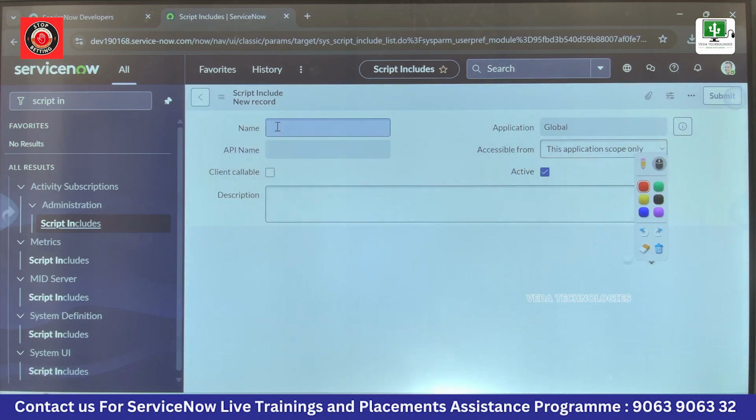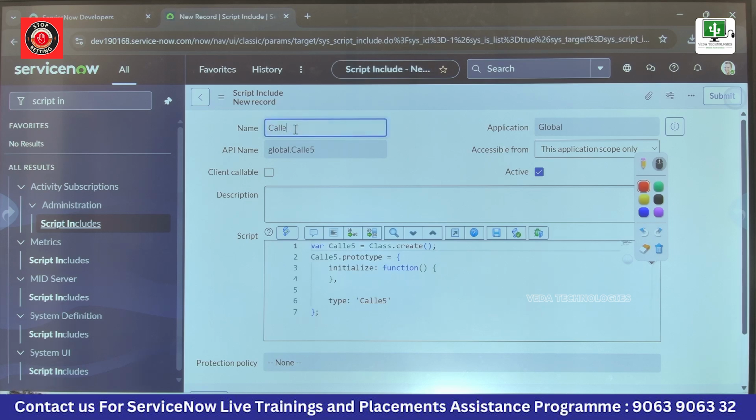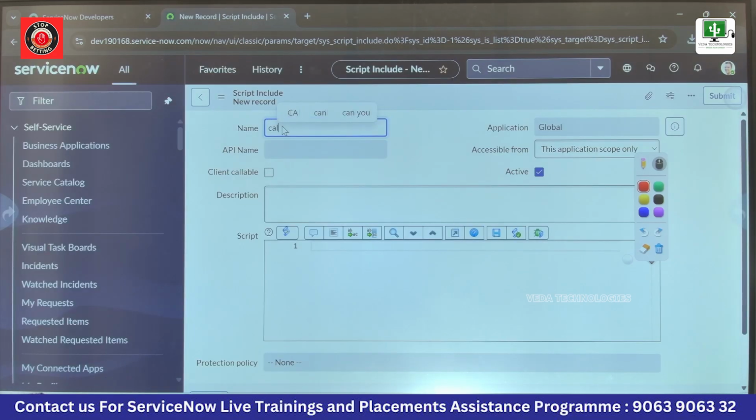Now I am writing the name of the script include. You just observe it. I am writing caller. Let me refresh it, you will understand. Let's take it as a new one. Okay, caller. The moment I write the caller ID as the name of the script include and click outside, then